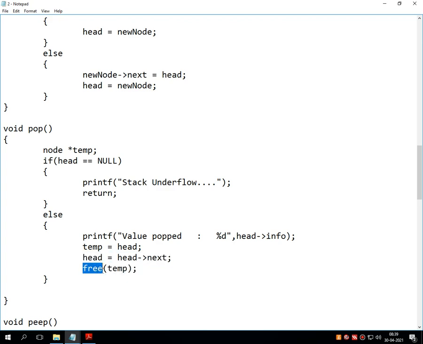This function then deletes that temporary value from the stack. That means it releases the memory occupied by the node which held the user's first value.